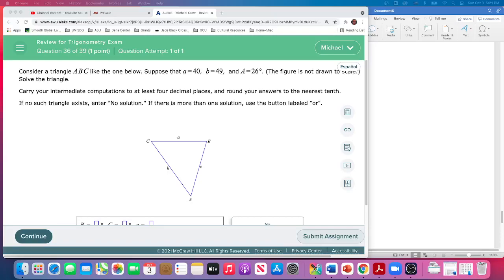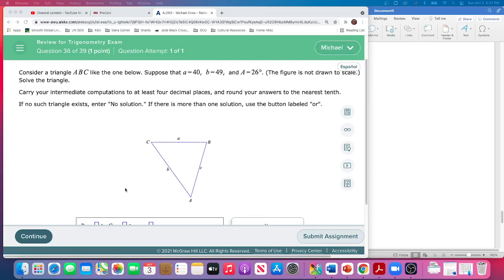Question 36. On this one, we're being asked to basically solve the missing parts of the triangle. So we'll label what we have, and the rest of these questions, as we'll see, we'll use either the law of sines or law of cosines, or maybe a little bit of both in cases. In this case, as long as we have the side and the angle opposite, like a and little a, we'll be able to use law of sines, I think, all the way through.